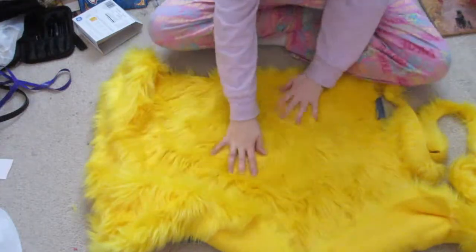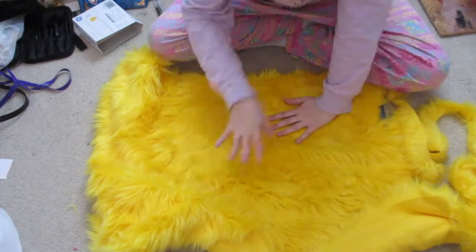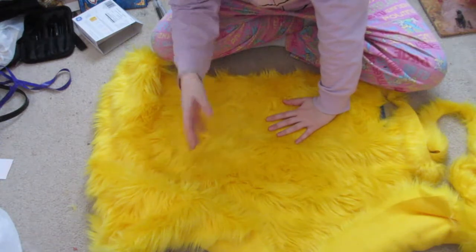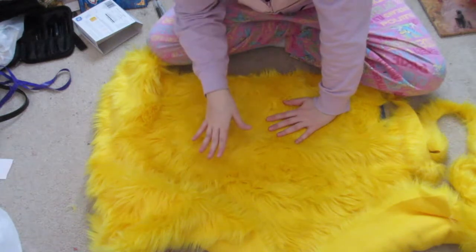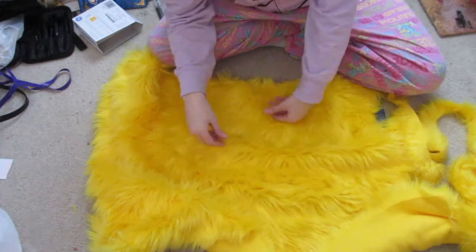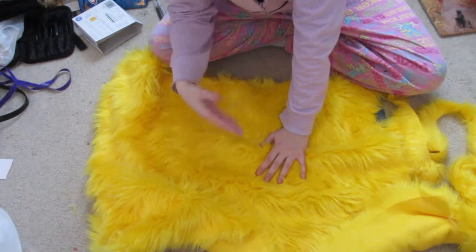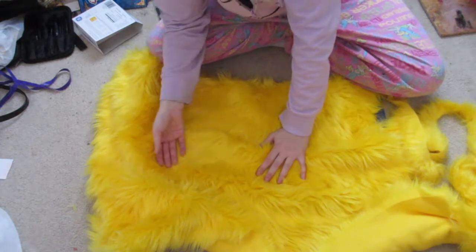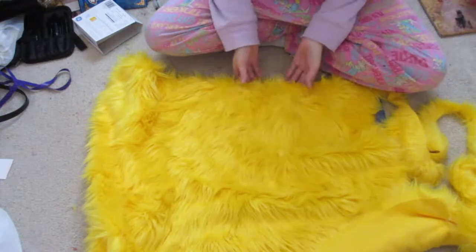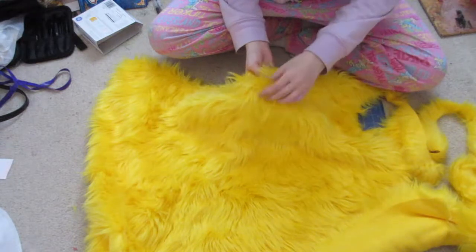Today, as you see laid before you, we're going to be working with some fur. First of all, I don't know where this fur came from, like what specific store, because luckily one of my friends had some extra leftover yellow fur and was like, hey, do you want it? Because I saw on Twitter that you're suffering trying to find yellow fur when you need so little of it. And I was like, please. Please. Luckily, this fur is exactly what I needed. It is the perfect shade of yellow. It is a long pile,